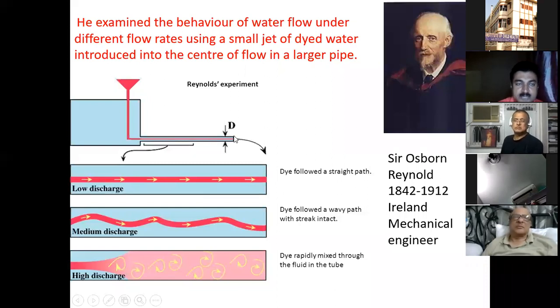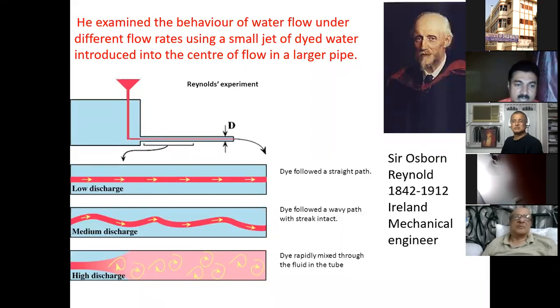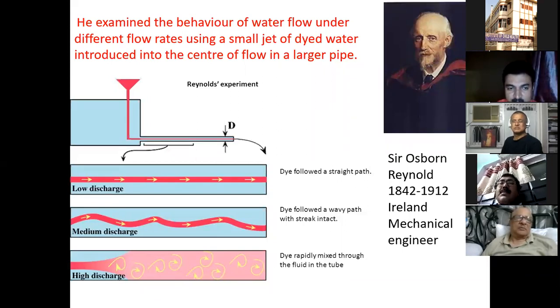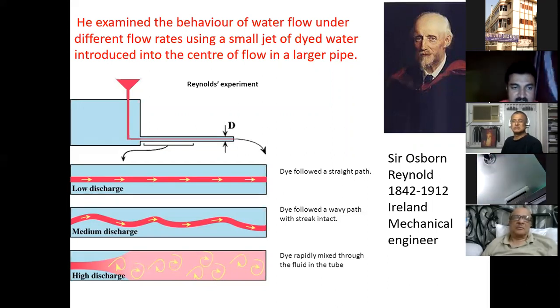He observed that if flow is regulated here, then a long distance is traveled by the colored water. If flow is a little bit high, in the medium range, then the colored water column inside the blue water column starts forming wavy or zigzag curvatures. Next, if the flow is very high, there will be a mixture of this pink water column and blue water column, giving rise to a turbulent flow.